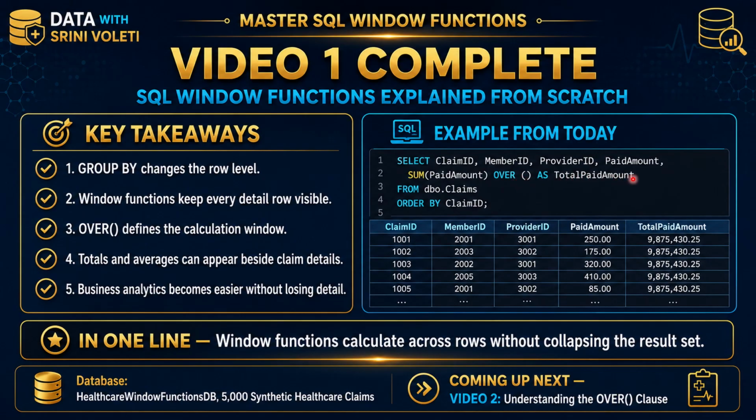This is the central idea of the entire series. Window functions calculate across related rows without collapsing the result set. So if group by gives us summary rows, window function gives us detail rows plus analytic context. This is why window functions are so important for real reporting and analytics work. They also allow us to answer business questions without losing the transaction level details that analysts, managers, and auditors often want to see. In the next video, we'll look inside the over